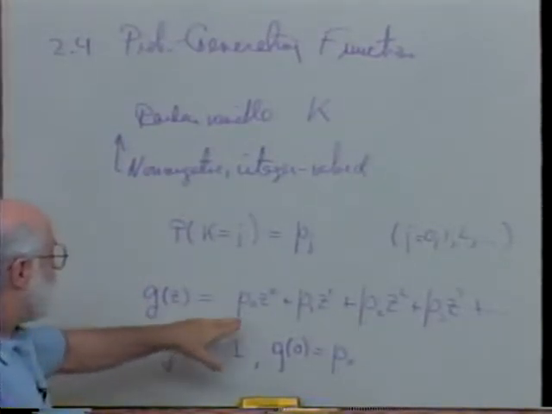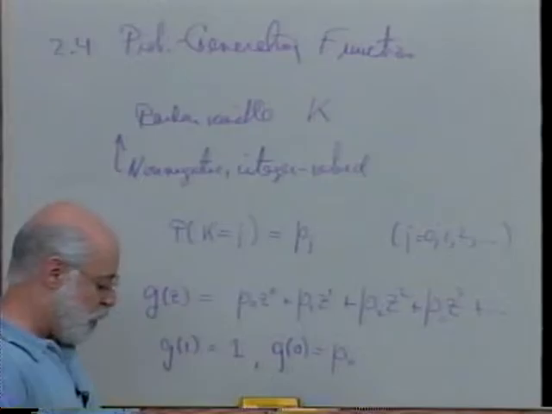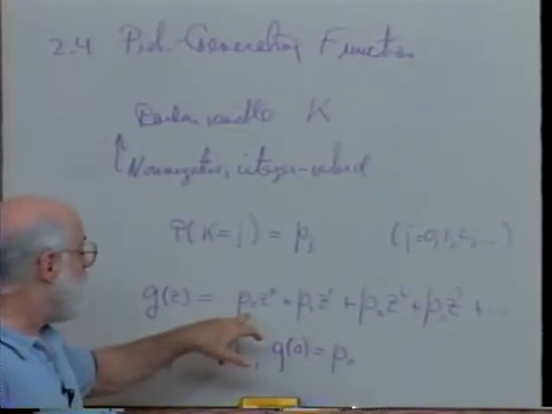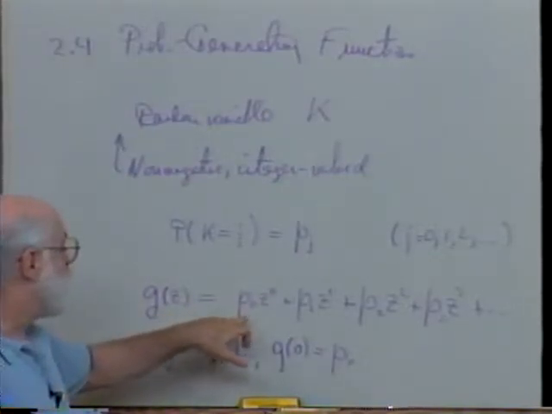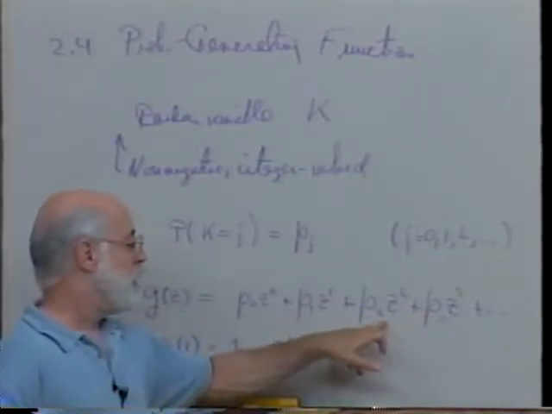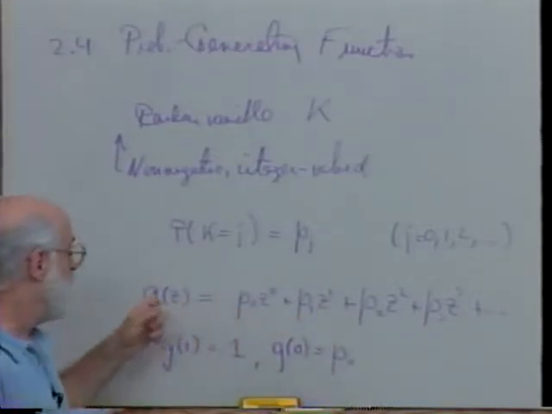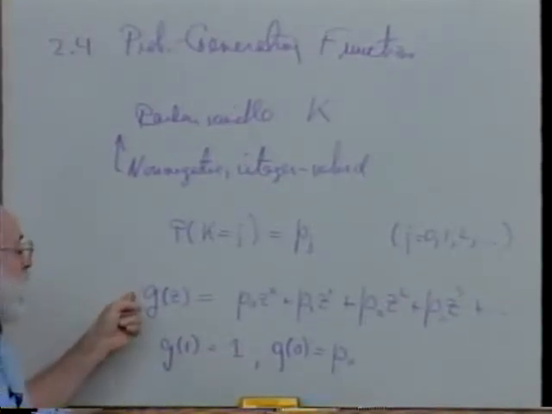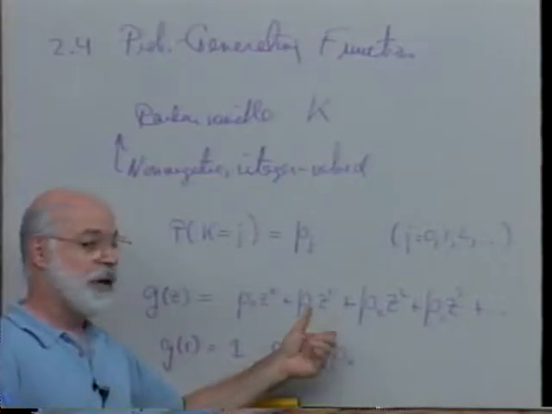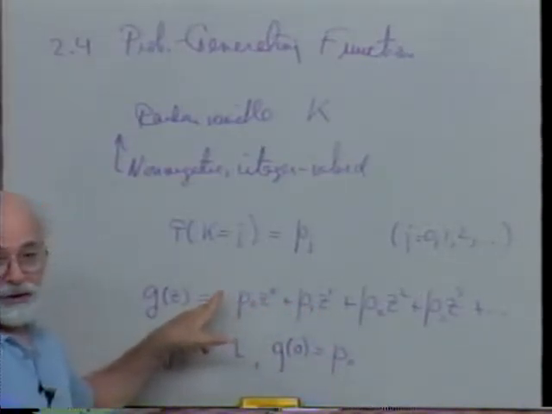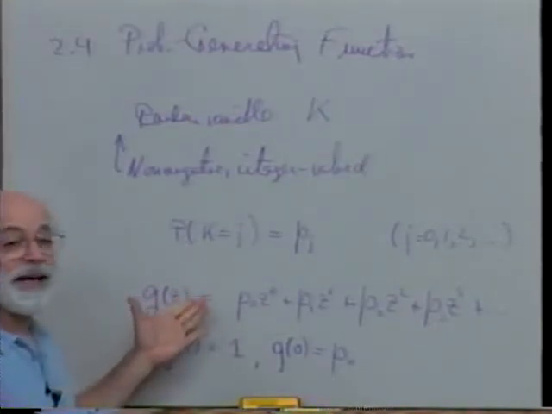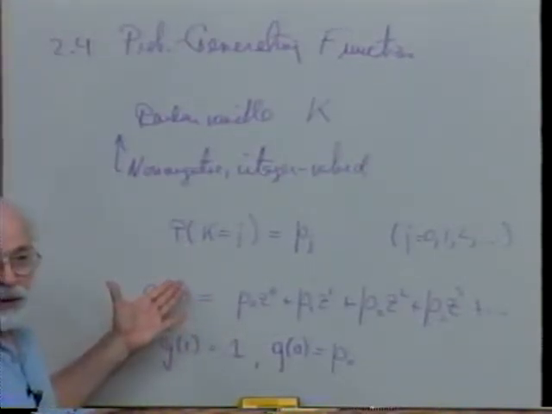Now, notice that the p's are all non-negative numbers between 0 and 1. So if I had a series in which the coefficients of the z's were all 1, this would be the standard geometric series, and it would converge as long as the absolute value of z is less than 1. So if the p's are non-negative numbers whose sum is 1, so each of them is less than 1, then this, in a sense, converges faster than the ordinary geometric series,